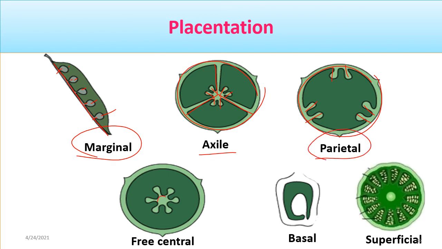If you look here, this is a little bit bigger and ovules are a little bit away from the center, so that is called as a free central. Then here ovule is attached to the base, basal placentation. This ovule is anatropous, which is inverted, and this is superficial type of placentation, where you can see many membranes are there, as you can see in citrus fruit, in orange, in lemon, and where the many seeds and fruitlets are attached superficially. This is called as a superficial type of placentation.